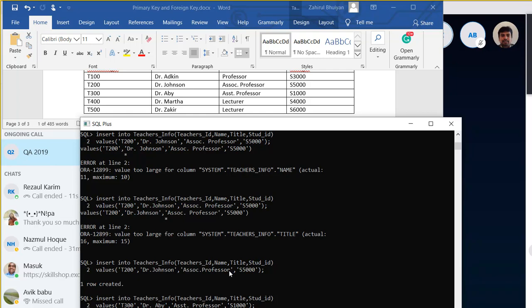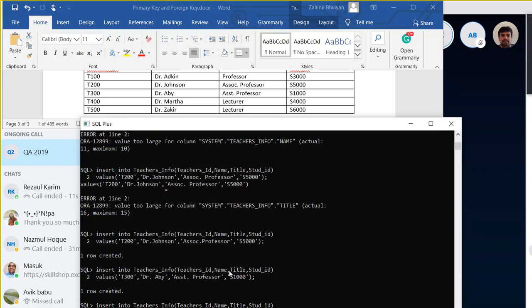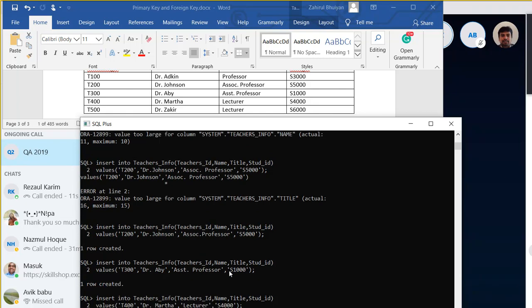Lecturer, and then it is fourth. Okay. And then the last one we have is T500, Dr. Zakir, same as lecturer, and their student is